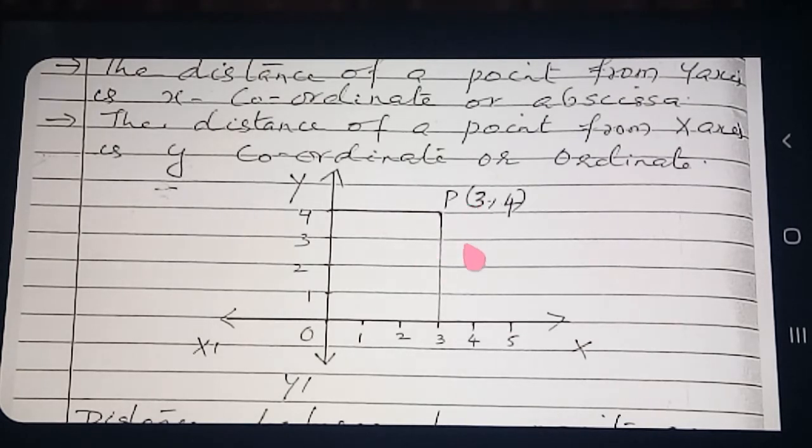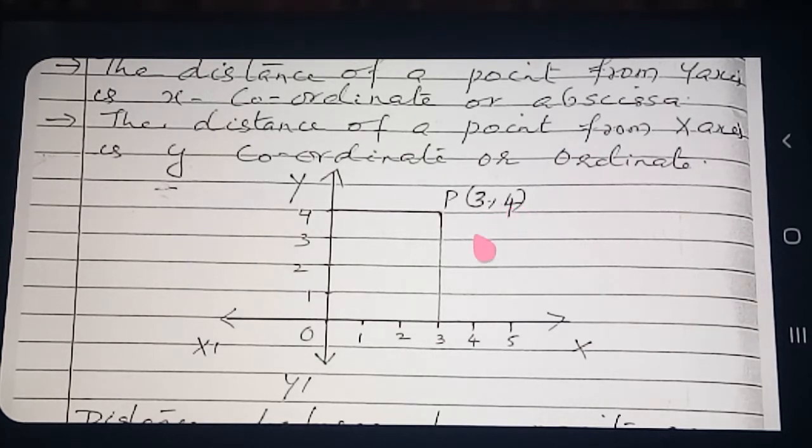This pointed portion we are calling the first quadrant, and this is the second quadrant, third quadrant and fourth quadrant. In the first quadrant, x coordinate and y coordinate both are positive. Here you can see one point I marked here, P. So the point P I denoted in the form of the ordered pair (3, 4). Here the first coordinate is the x coordinate and the second one is the y coordinate.